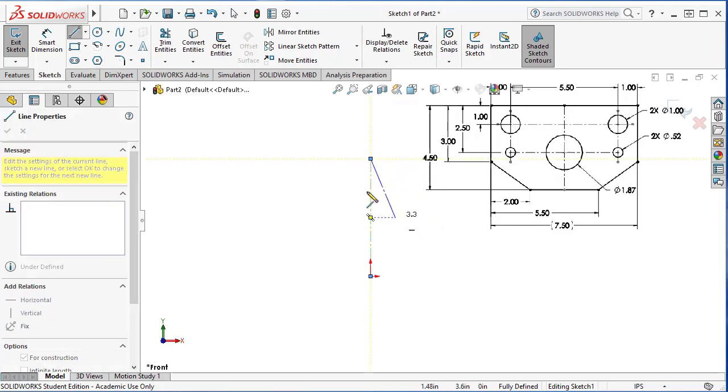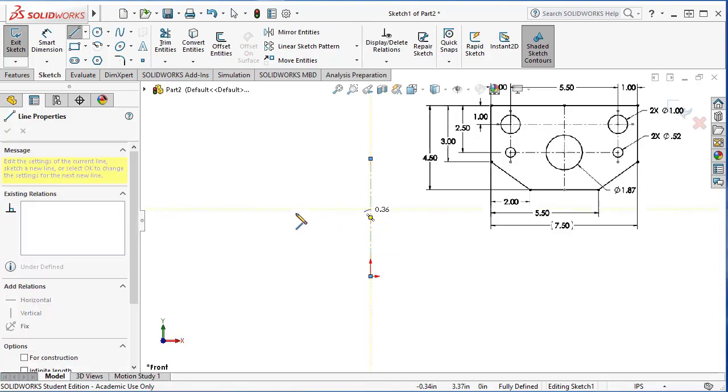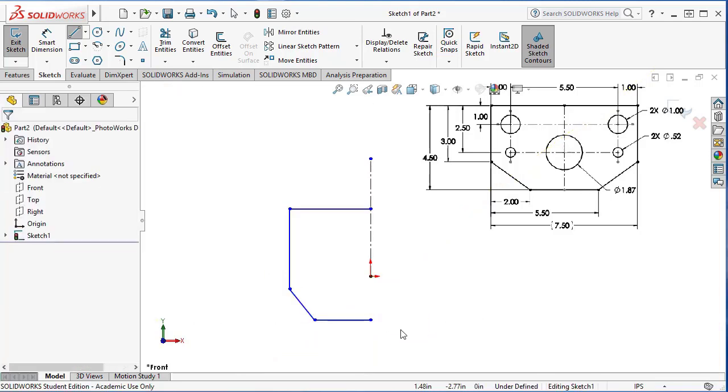draw a vertical line, and I'll draw the outer profile using the line command. Starting from somewhere there, I don't care about the exact size yet, just focus on the shape. If I move my cursor here, you can see the inference line. So just click on that, and remember that even if I click on the inference line, it does not apply the